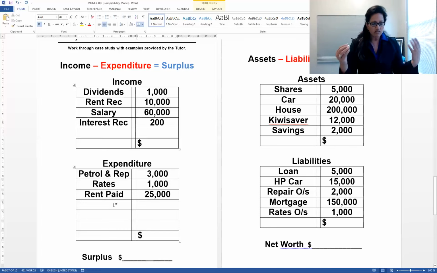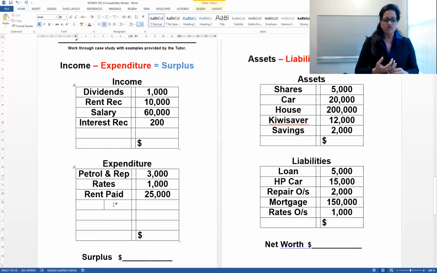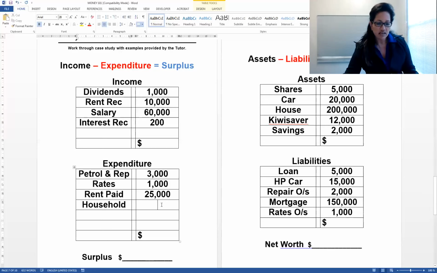And then she's done her final think about the things that are going on for her. She's got lots of household costs, some fun costs, her travel costs, and the things she likes to do, like going out with her friends. She's worked out that she probably spends about $30,000 in a whole year. So she needs to be realistic about that. She's putting that as an expense, household or other costs, living costs. We'll put $30,000.